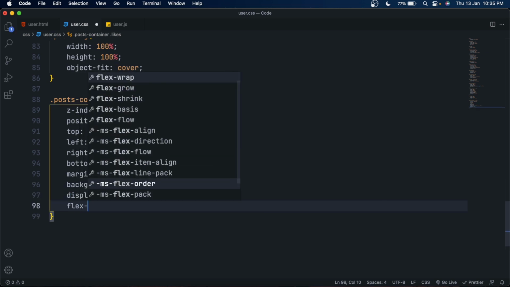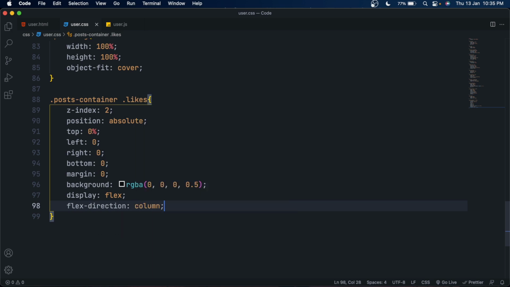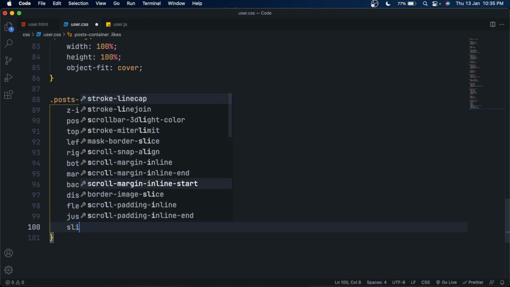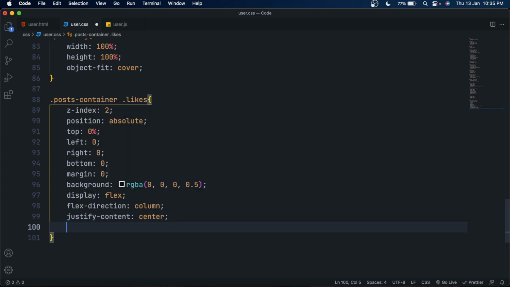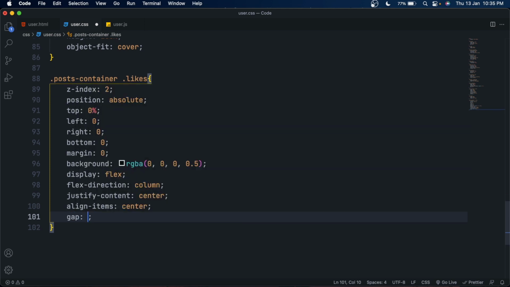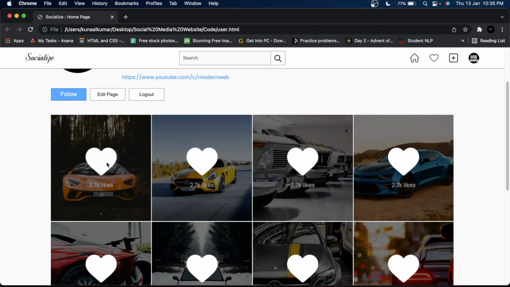Set its display to flex and flex direction to column, because we'll have two elements, the icon and the p element, so they will be right below each other. For that, set its flex direction to column and center. Great.